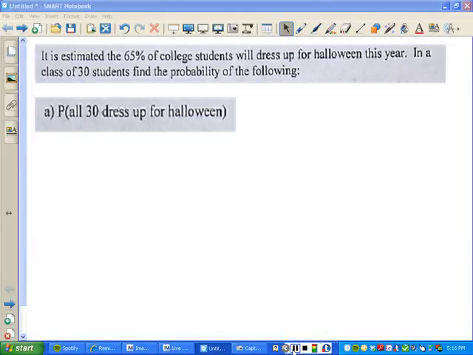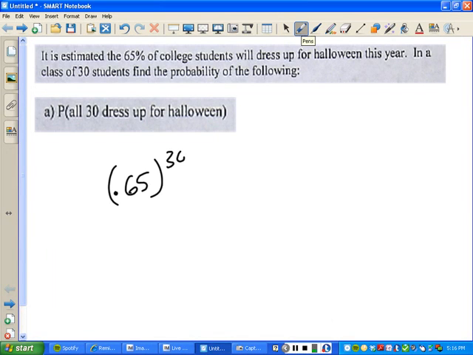So we have an estimate of the number of college students who will dress up. We got 30 students. Probably all 30 will dress up for Halloween. Is 0.65 raised to the 30th. Now, the interesting thing there is that if you type this in, 0.65 raised to the 30th, if you use your calculator to do this,